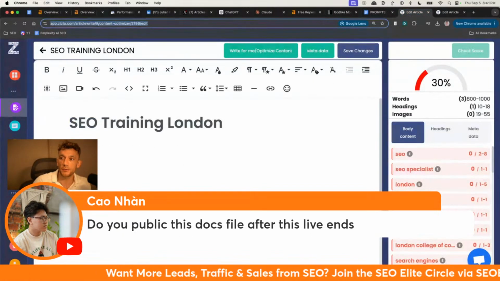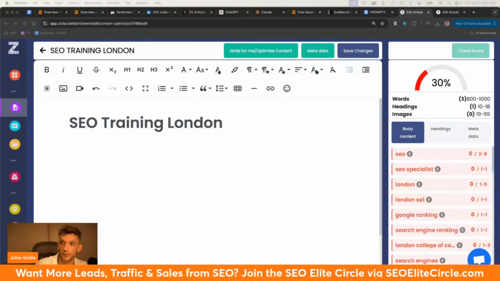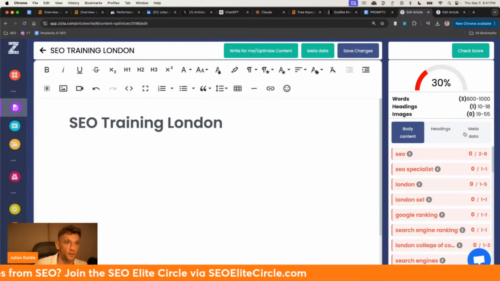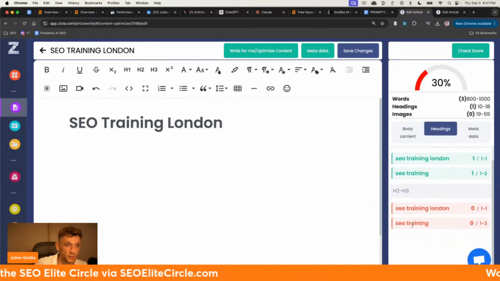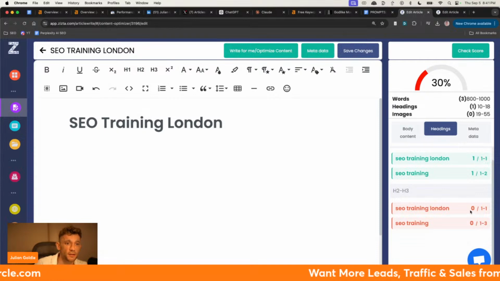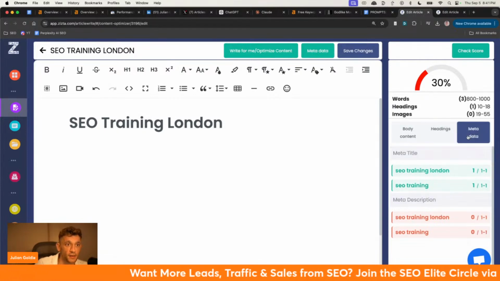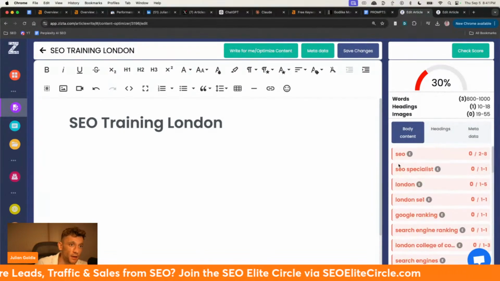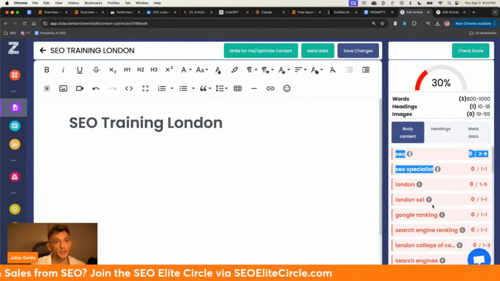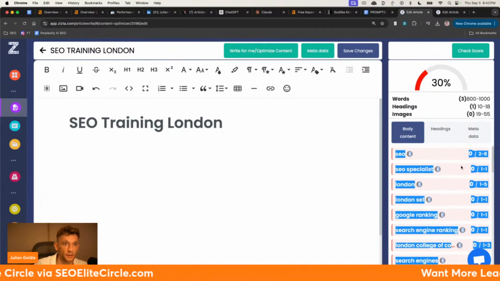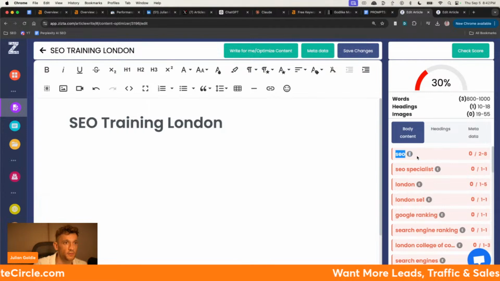Okay, so now we're going to keep going through. And now we need to start thinking about how we're going to generate this content. Now, if you look at the headings, it's actually got a bunch of recommended headings, as you can see right here. Not many of them, honestly. Like there's only one recommended heading there, 1 to 3 headings there. We've got the metadata, and we also have a bunch of LSIs, right? And so what we can do with these LSIs is we can take them like so. So we can just select them all,